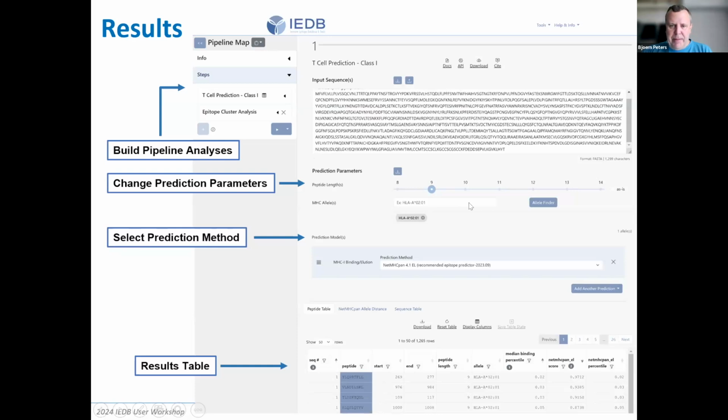You have the input parameters in an easy-to-update format, your prediction method selection, and you get your output results table, which is now sortable, filterable, and all these things. And the cool and most important new feature that comes with the next generation tools is this ability to take the results from one tool and pipe them into the next, so that you can, let's say, predict binders from a given protein sequence, choose the alleles that they are for, cut off and say only the ones that are predicted above a certain score should be filtered on, and then cluster those and see where they fall in the